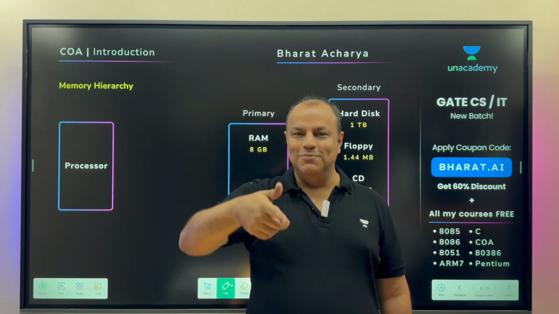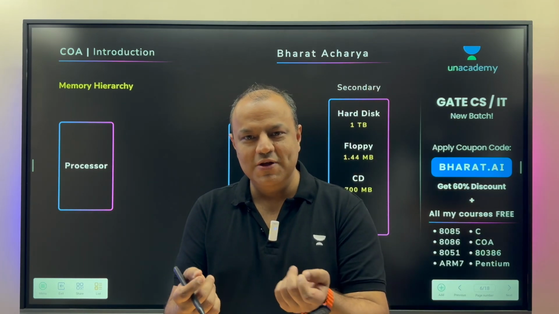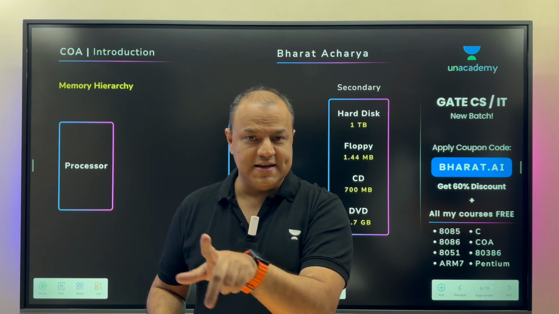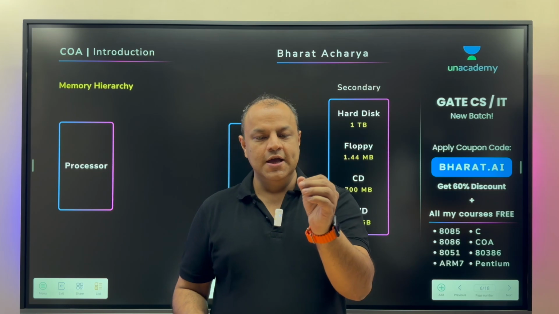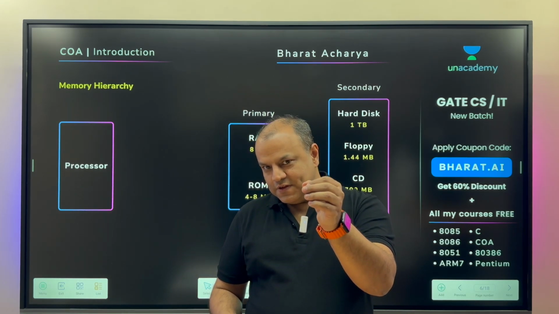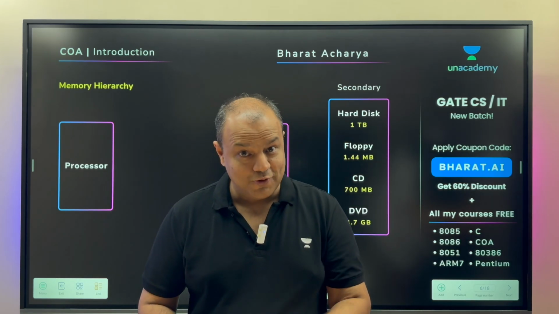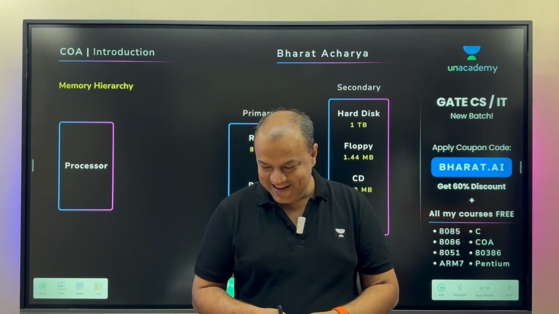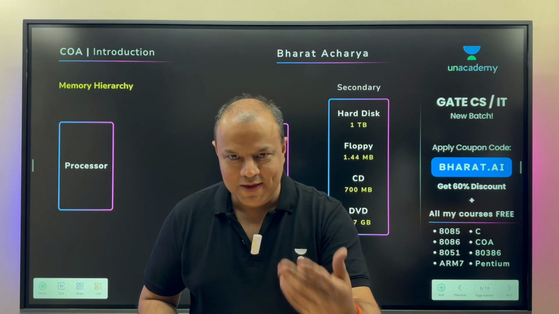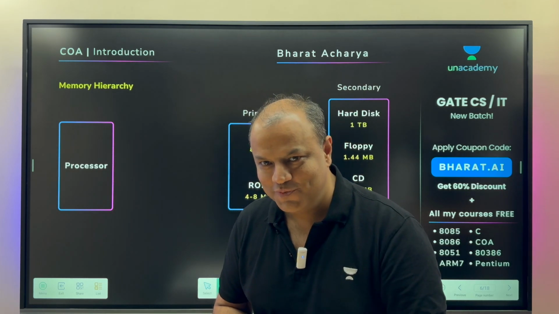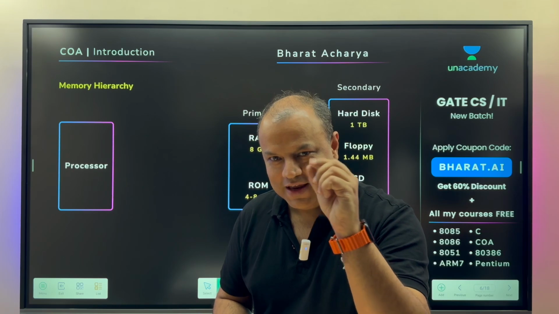After EPROM came EEPROM, where instead of exposure to light, you just have to increase the power supply. So there are two power supplies running inside. One is the normal 5 volts, one is the 12.5 volts, which is called VPP, programmable voltage. That is the voltage given, which gives the same energy that sunlight gave to those cells, and they are erased and can be reprogrammed. So though it is ROM, it can be written. And then manifestations of EEPROM came. One of them is called flash ROM, which does block-wise erasure. The size of the block is variable, can be changed.